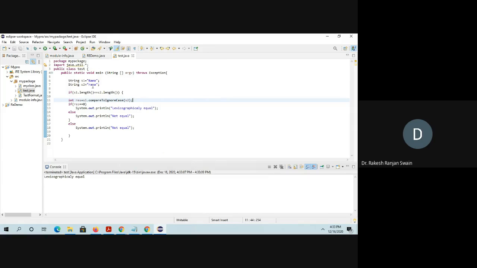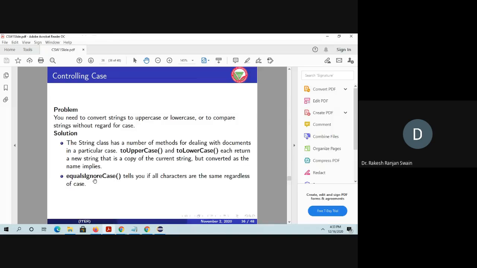Similarly, for the equals method, equalsIgnoreCase is there. It returns a boolean value if two strings are equal regardless of the case. Either uppercase or lowercase, it does not depend on that. So that is the one.